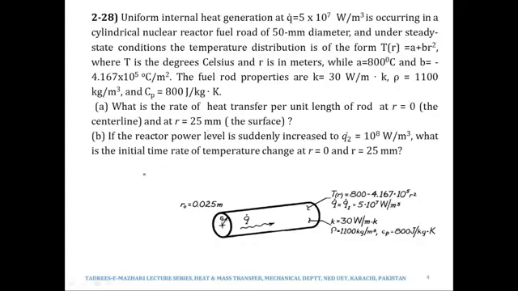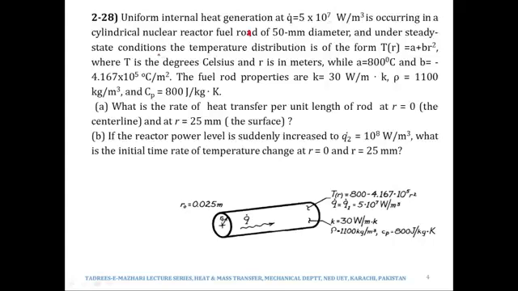Now let's have the next problem, which is 2-28 of our book. It says uniform internal heat generation at a rate of 5×10^7 watts per cubic meter is occurring in a cylindrical nuclear reactor fuel rod. It's not rod, rather it's a rod of 50 millimeter diameter. So in a nuclear reactor fuel rod of 50 millimeter diameter, heat is being generated at this rate, and under